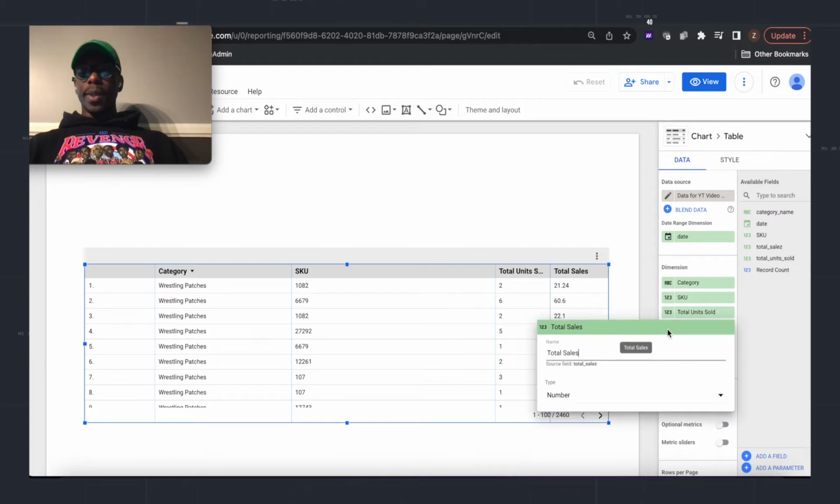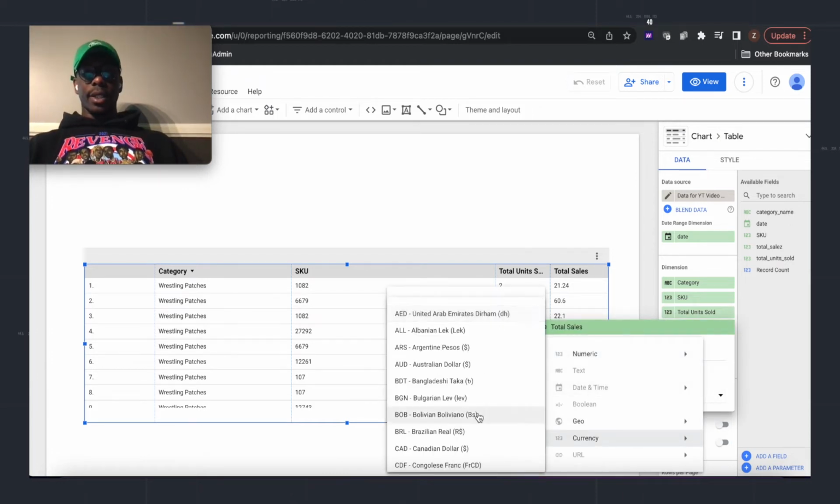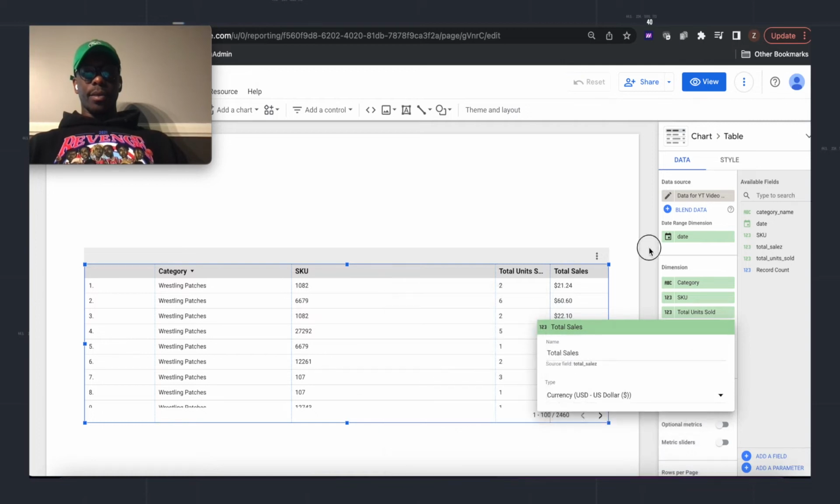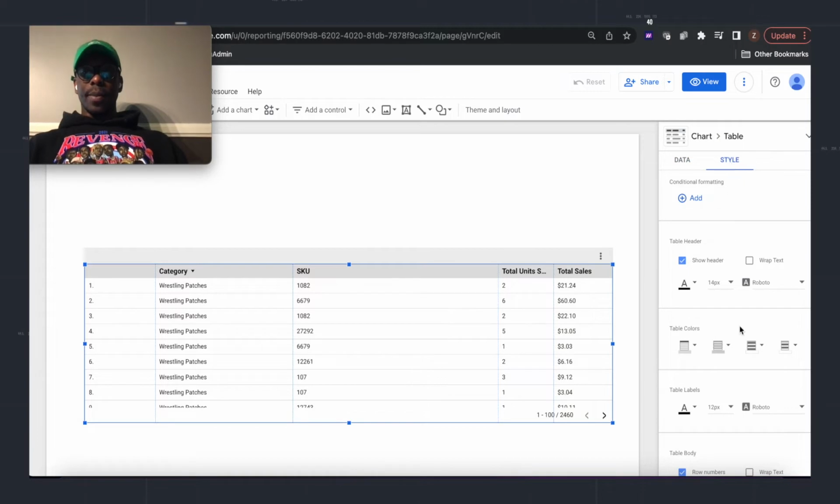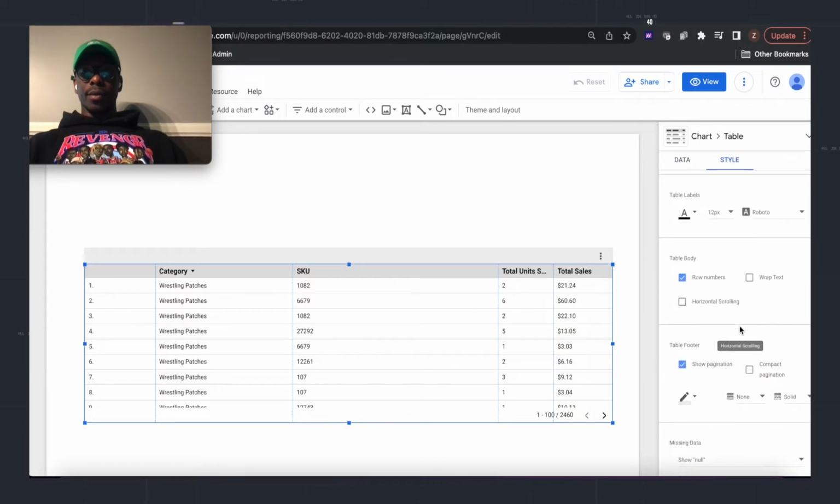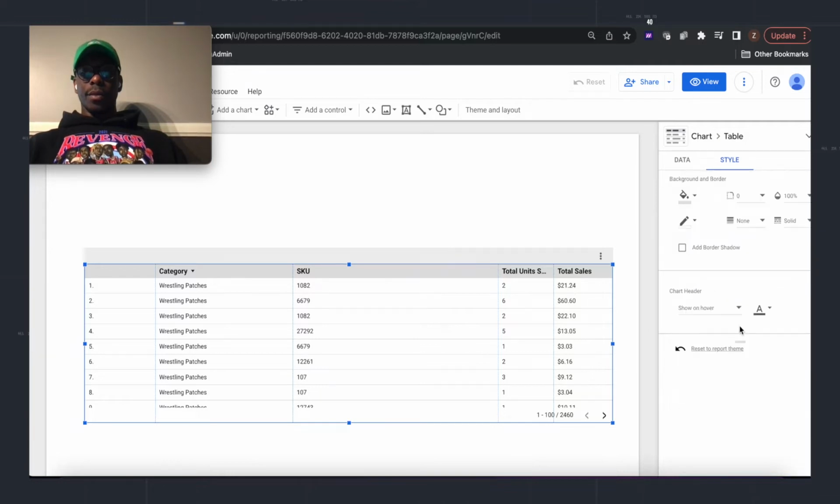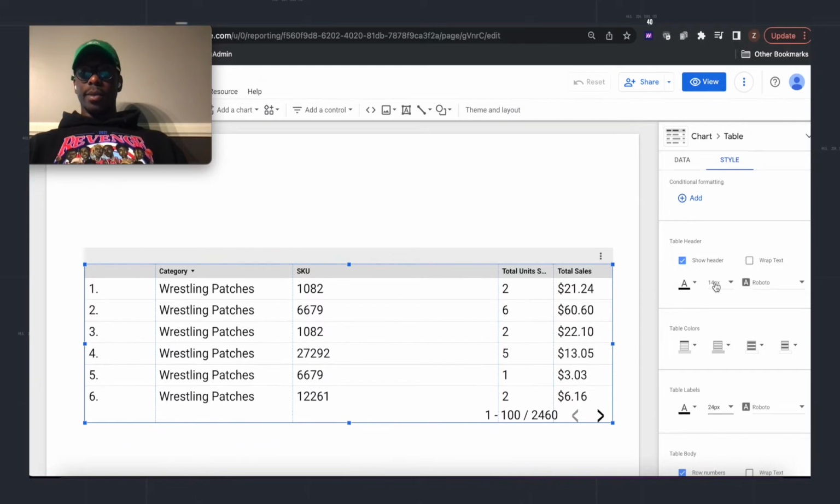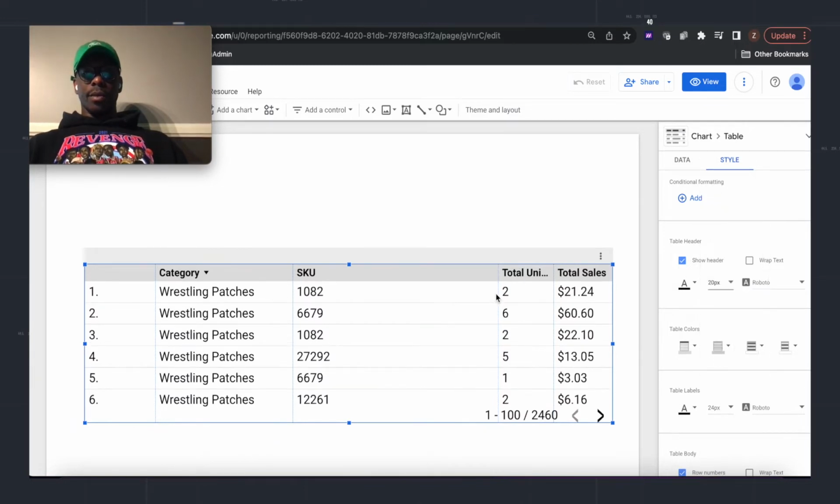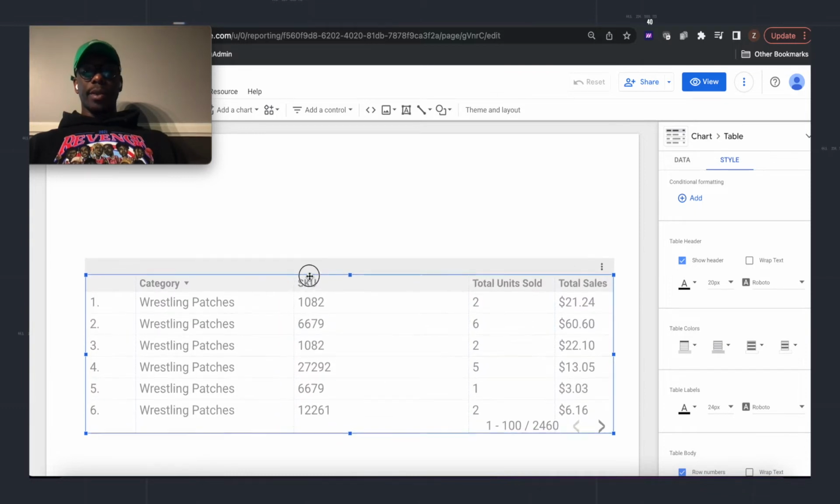And the one thing that we do want to do is make total sales a dollar, change this to currency. And while I'm in this chart, I'm going to click over here to these styles and make a few changes. Make this font a little bigger. Again, I'm not going to spend too much time here because I know that this will be changed through different iterations of the report, but